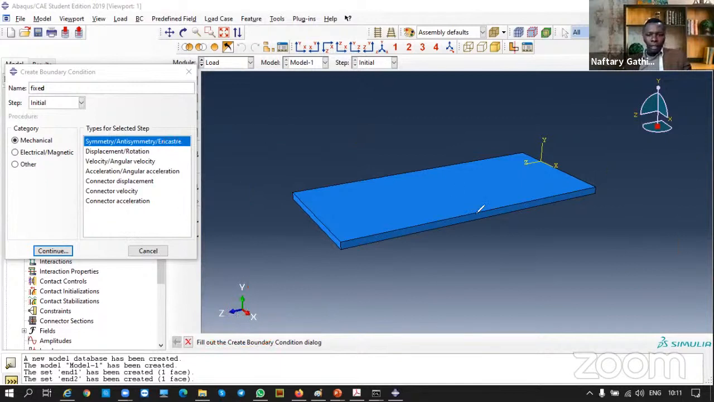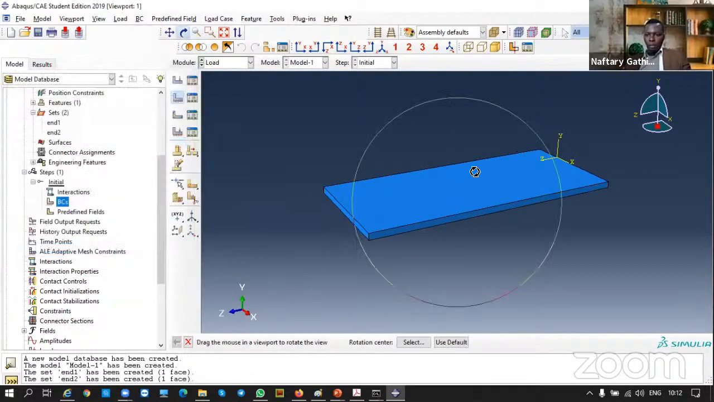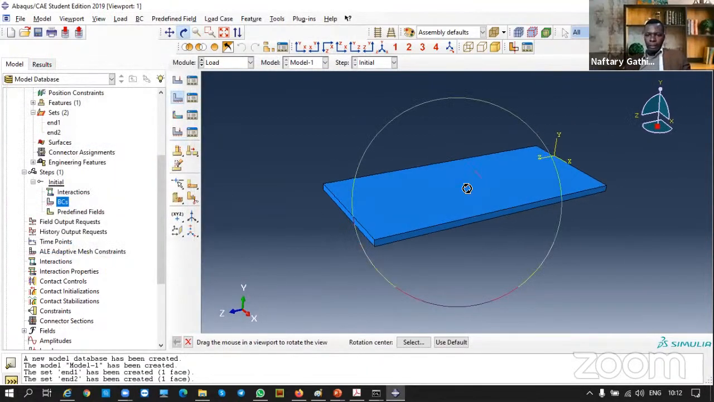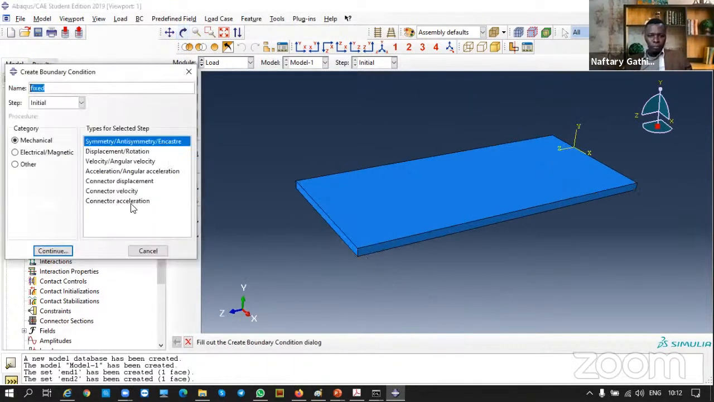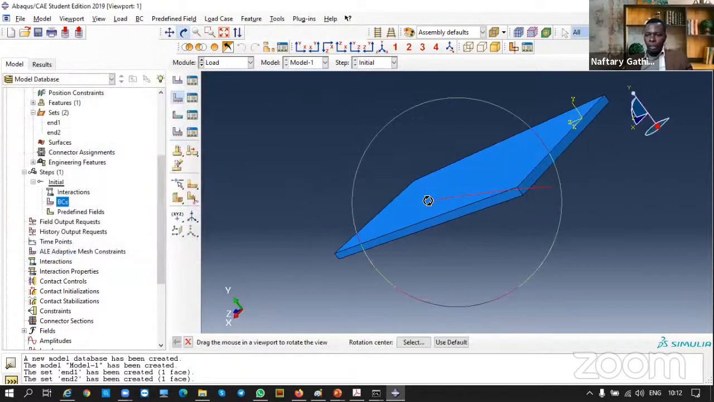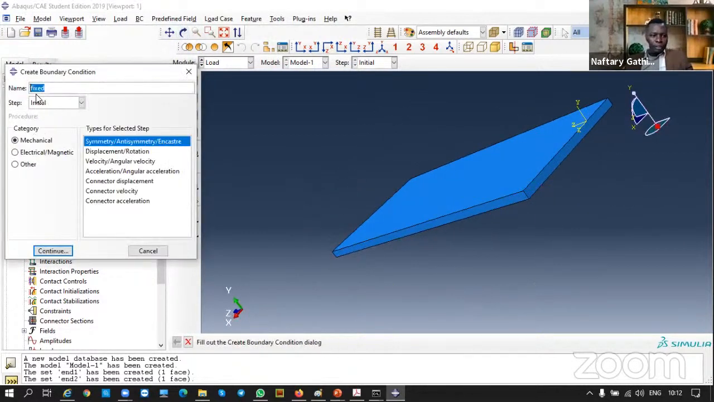So in that case now, let's define this boundary condition. Fixed. Oh yeah, I was rotating so that I can fix this head. So fixed, mechanical, and cast. And in that case now,